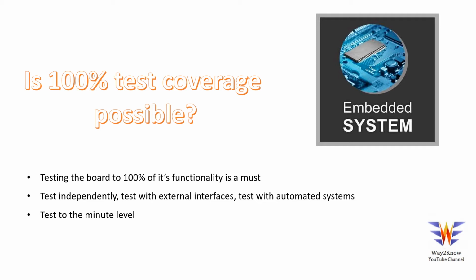And another scenario is, for example, if an external sensor is connected to the board, and you want to test the system, let us assume there is an analog sensor which gives analog output. So when we read this over ADC, let us assume the requirement says that the input should be measured within 1% or 5% of accuracy. So testing the sensor itself is not enough. Testing the sensor to that specific criteria is also important.